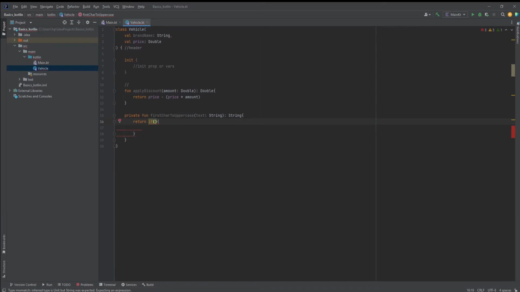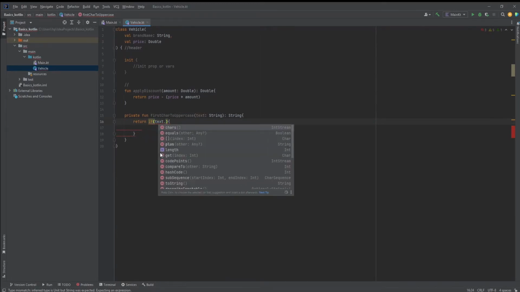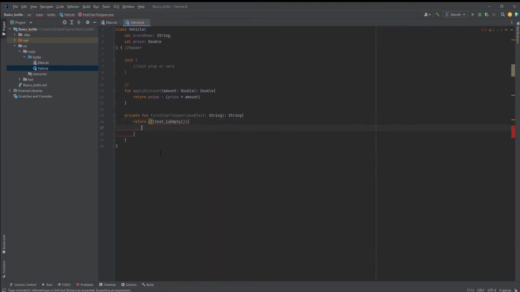If the text is empty, so why do we test whether the text is empty or not? Because we need to access the first character to transform it to uppercase. So if the text is empty, we will return an empty string. Otherwise,